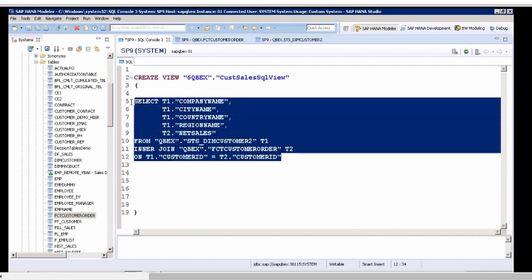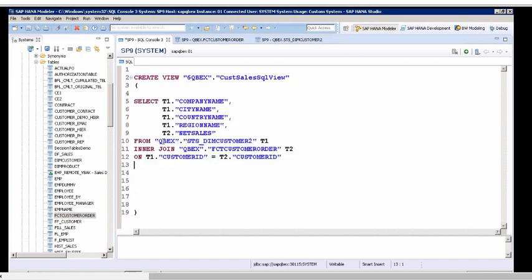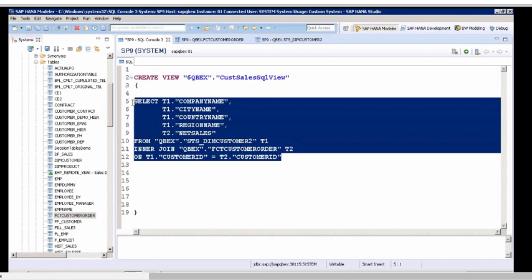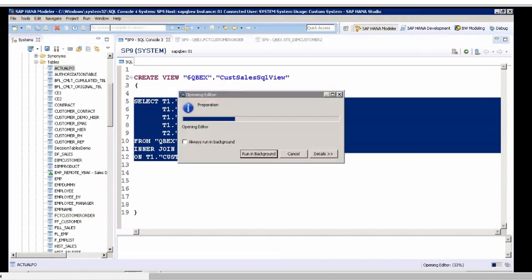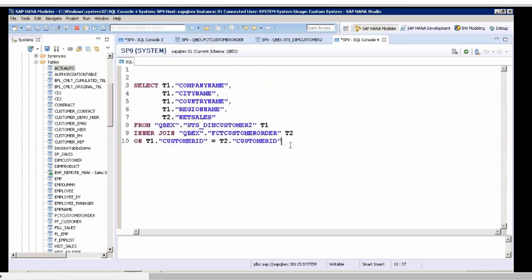Forget about the view. Now this is my select statement. Without alias you can still do it, but wherever you use T1, I must specify the complete name. I must give this complete name here. Forget about the view. This is just my select statement, which results from an inner join on 2 tables, and I'm not creating a view yet. I'm just running only this. This is my normal select statement.